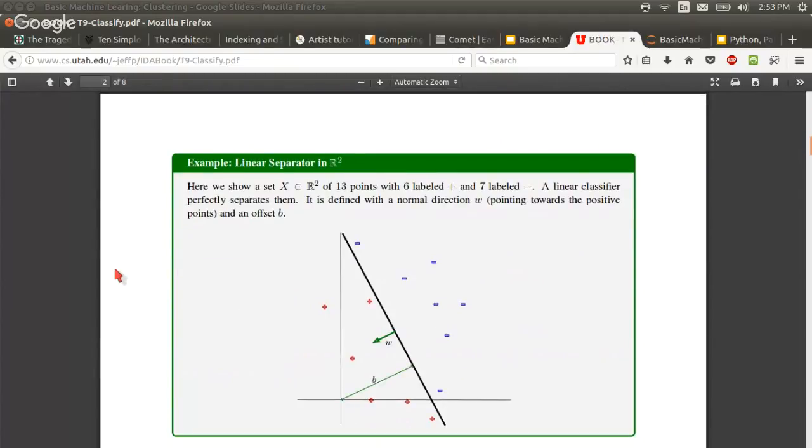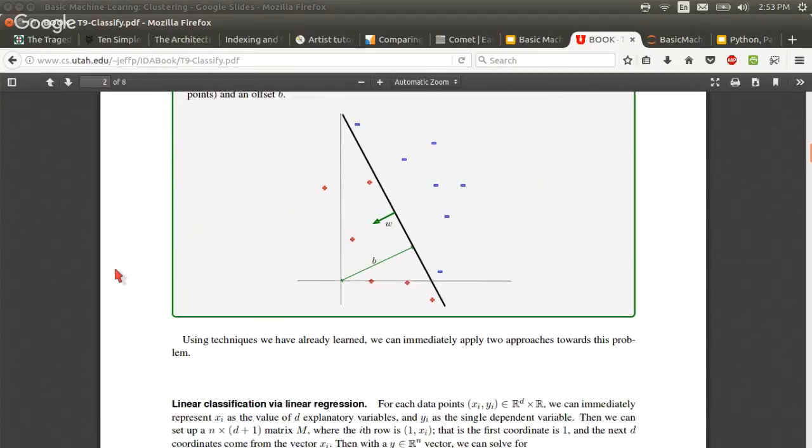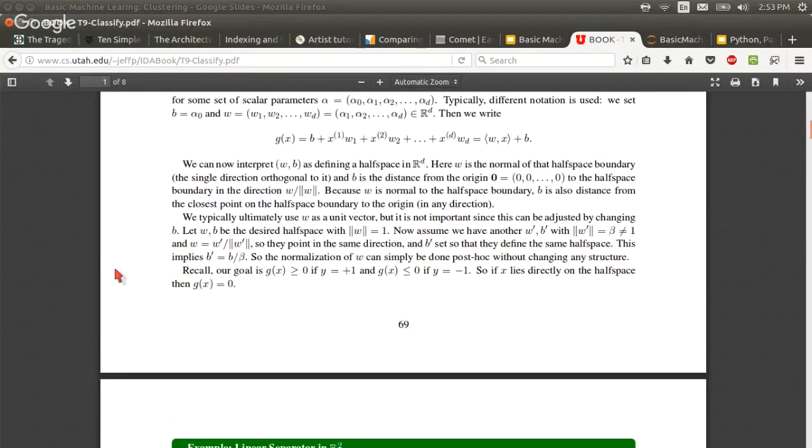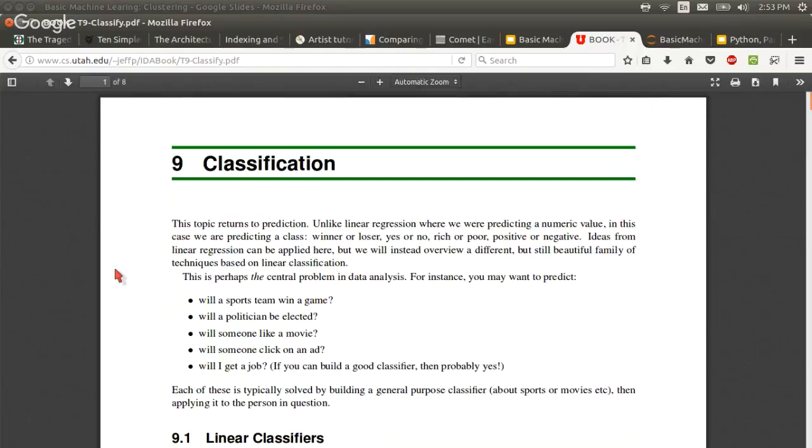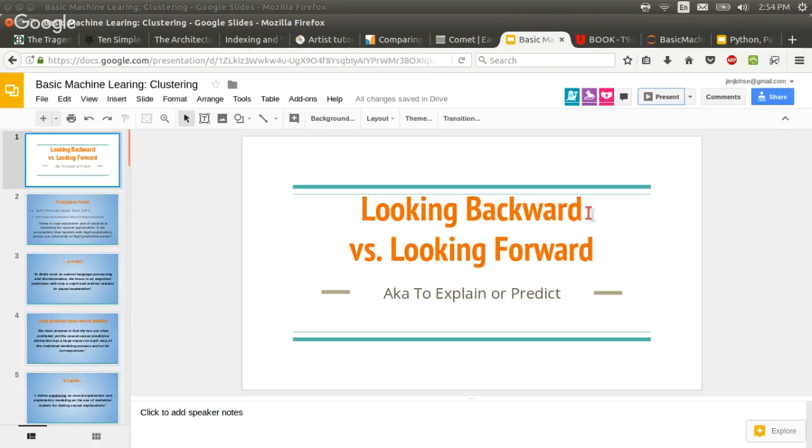Who's a math geek? Any math geeks in the room? Okay, we got 1 or 2. Okay, so if you're a math geek, then you're going to like this stuff. If you're not a math geek, then you don't care about this stuff, right? You just want to write Python code and apply different algorithms and get some good results. But having a little bit of basic understanding of what's happening behind the scenes is useful, I think.